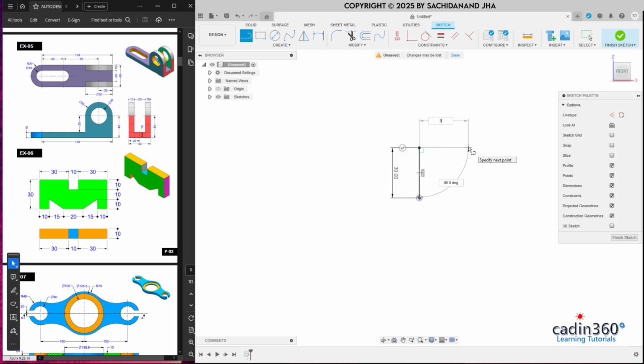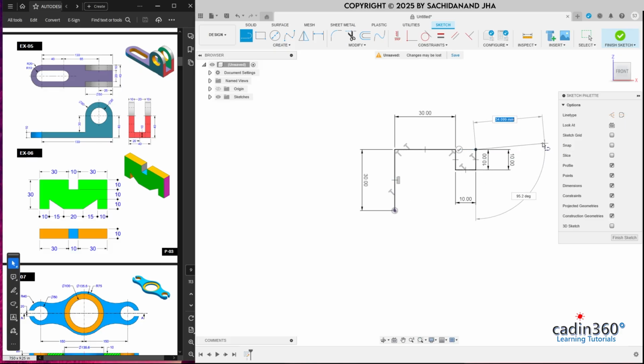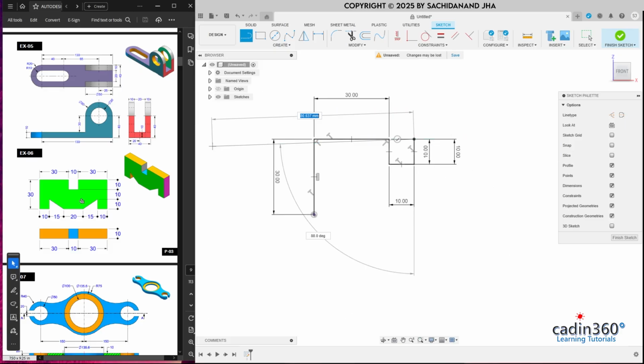Now draw a line of 30, left click. Now this value is 10. Okay, so 10, click, and this horizontal value is 10. Again, now 10. Now from here to here is 30. Specify value 30